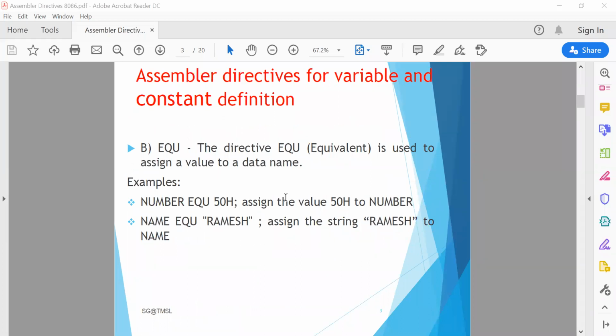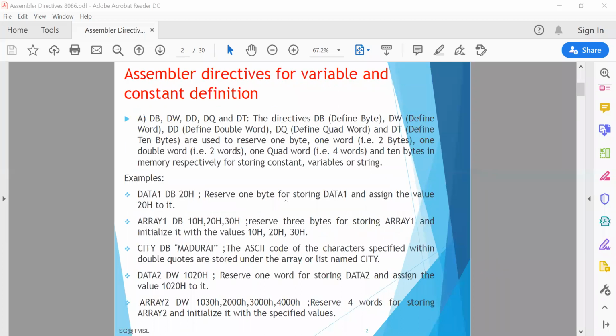The first is the assembler directive for variable or constant definition. The first is define byte.